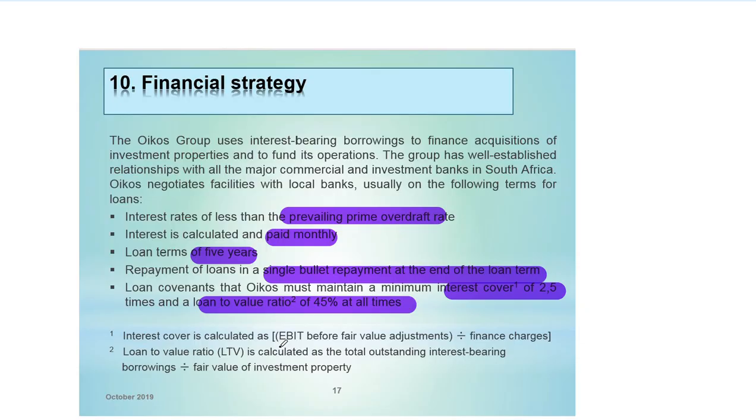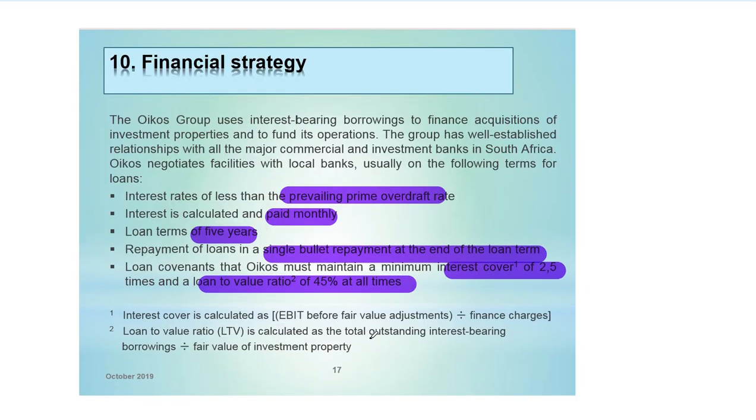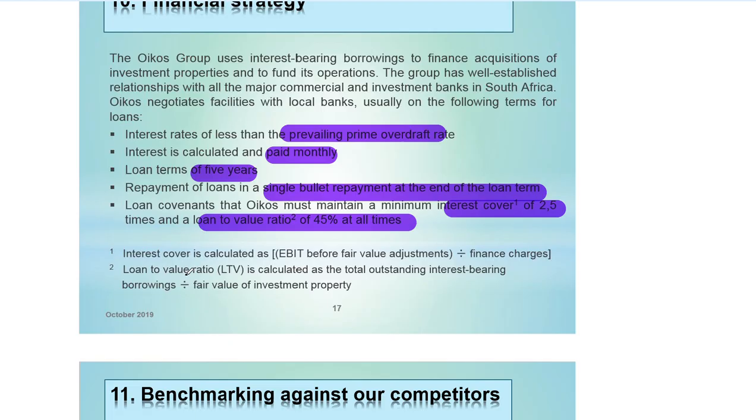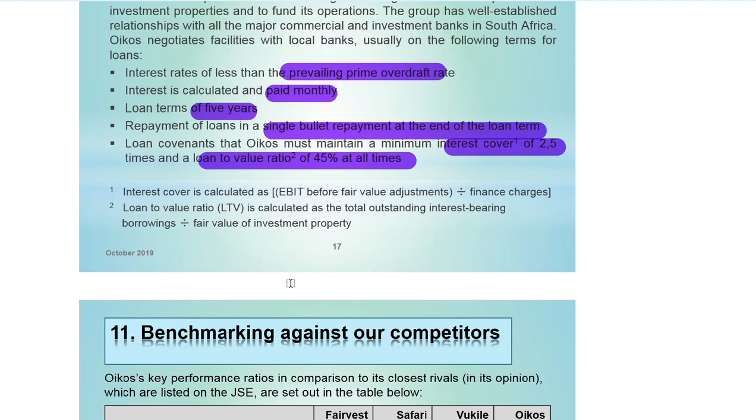Interest cover is calculated, and then they show us how to calculate the interest cover, and then also they give you the loan to value ratio in terms of how to calculate it. So you are provided formulas here, and you need to understand these formulas because you might need them. And please do calculate these ratios. You wouldn't go to the exam without calculating these ratios. It's important to calculate these ratios and understand these ratios. This is not a trigger, but it is important for you in case there are some qualitative questions that you need to answer and they really need these ratios.